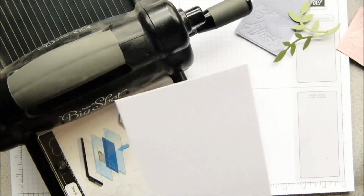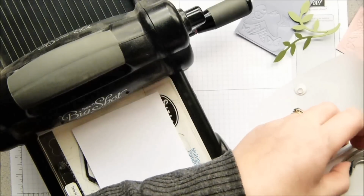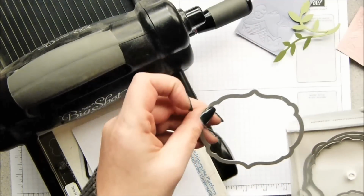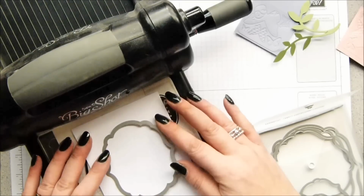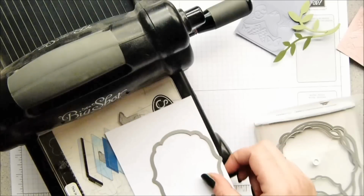It's because it's over here. So you put your piece of cardstock down and you put your framelit over. Now, I've got the Labels collection framelets, and I know this is the size I want. Now, if you were putting your framelit down around an image and you needed to be accurate, use some washi tape or something like that to hold it down. However,